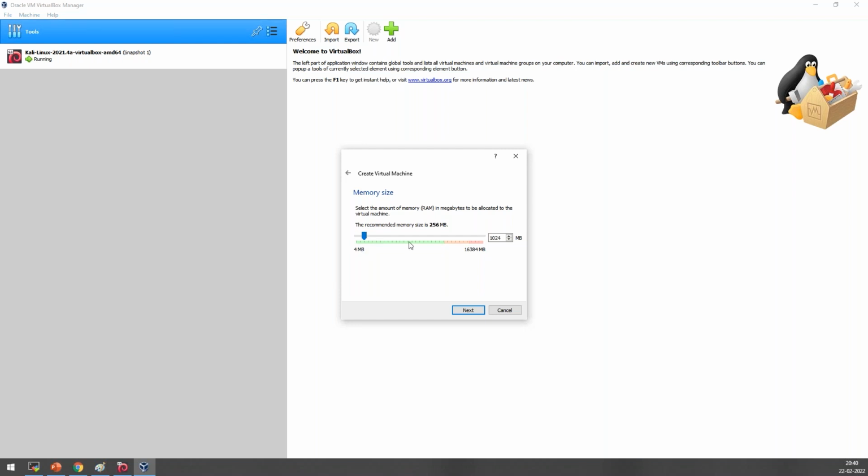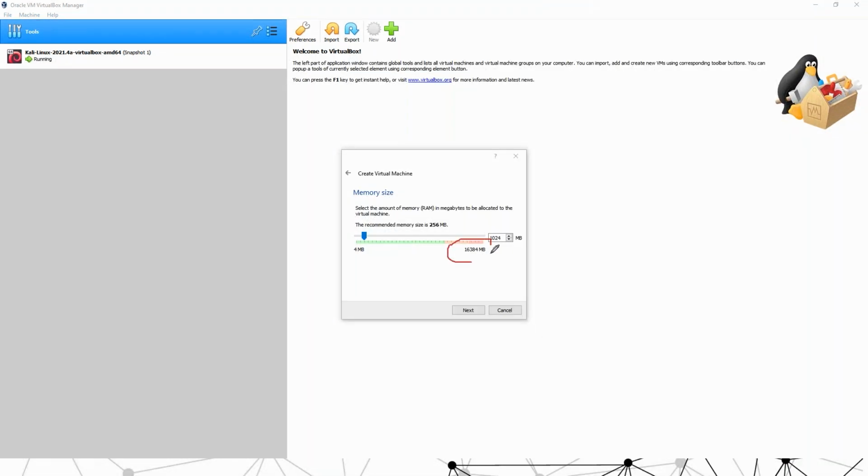See this, I'm allocating 1 GB RAM from my laptop. Team should tell me why they are showing only 16 GB RAM here. Why can't they show more? Because your main hardware has only 16 GB RAM. Exactly, my underlying physical hardware has only 16 GB RAM. So I'll just use 1 GB as of now to show you an example.